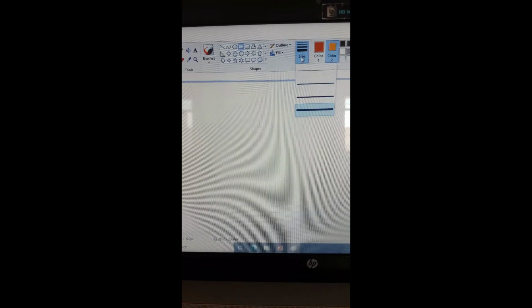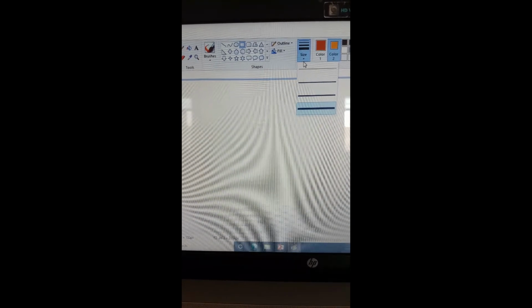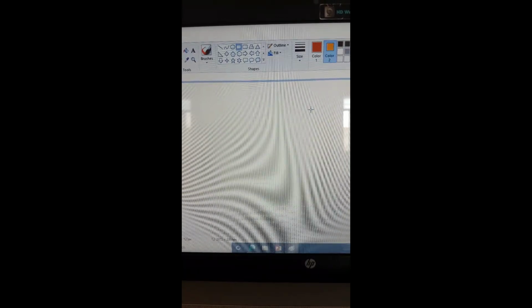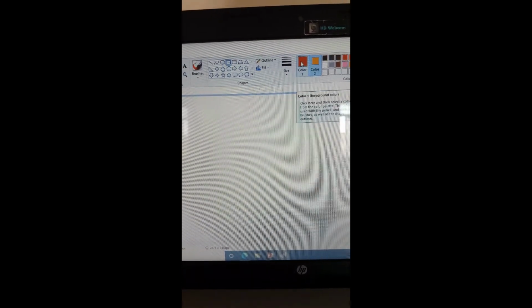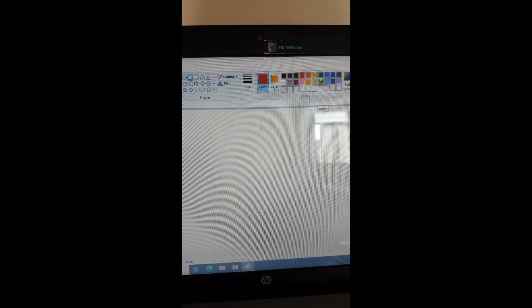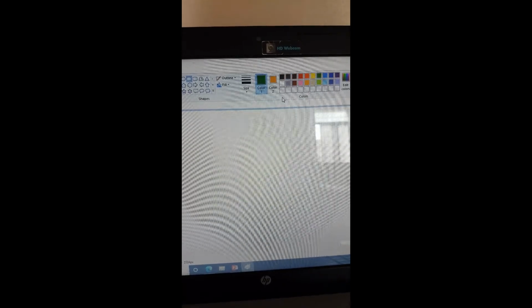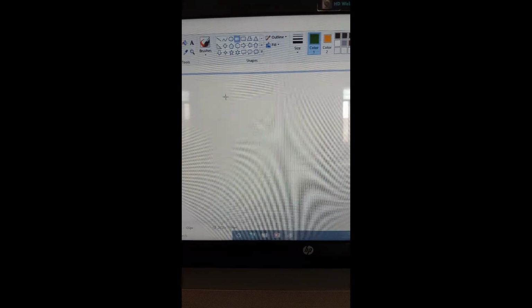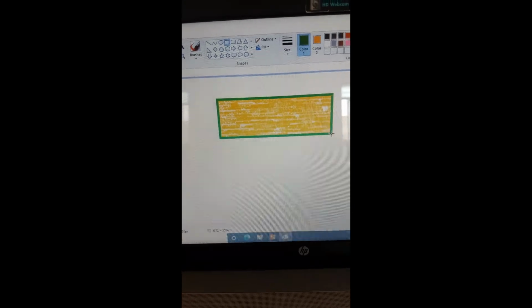It's up to your drawing. Click any size of your rectangle. Now for the color, you can click on color 1 and choose the color from this color palette. Now drag your mouse to the drawing area and draw a rectangle. Got it?